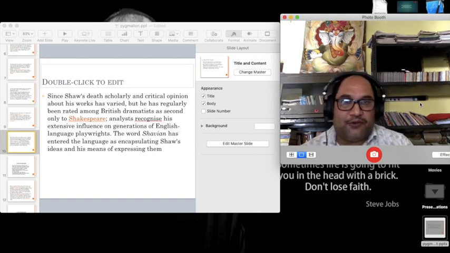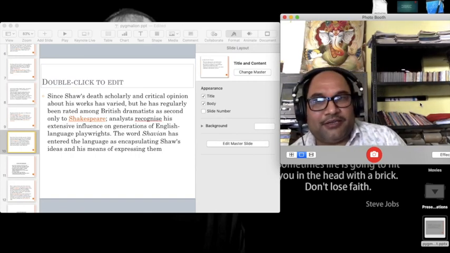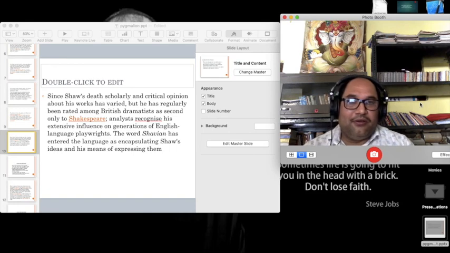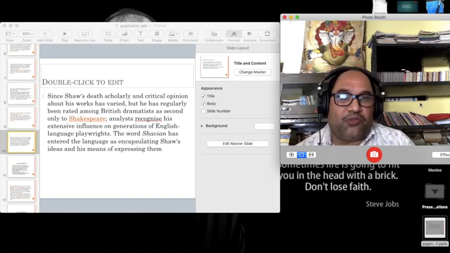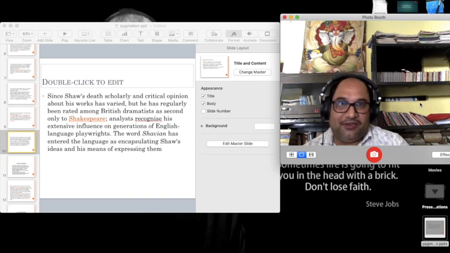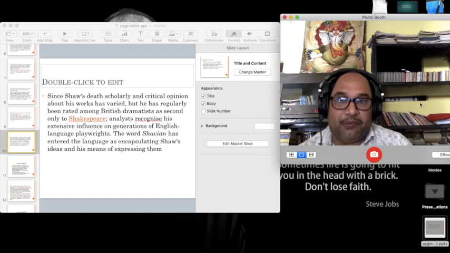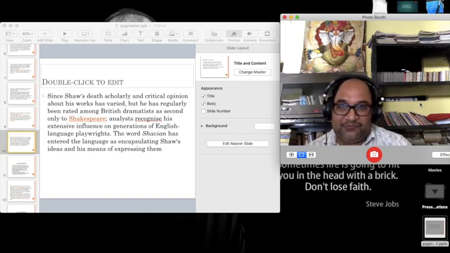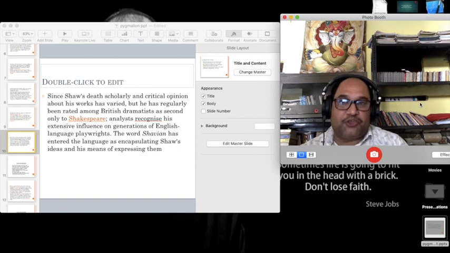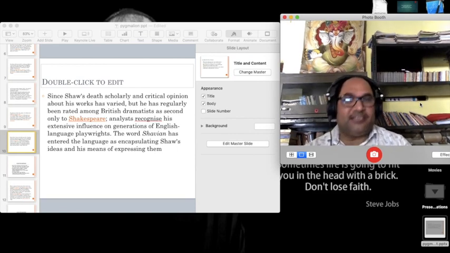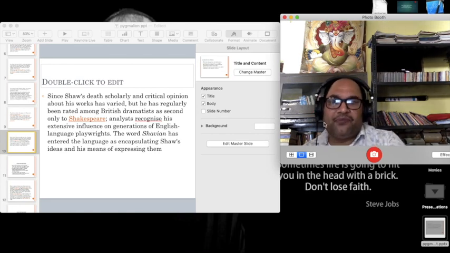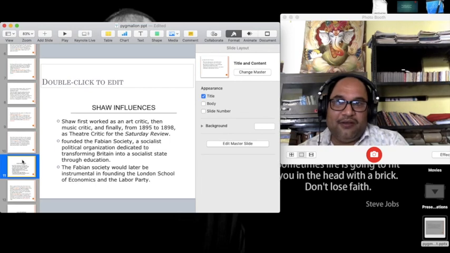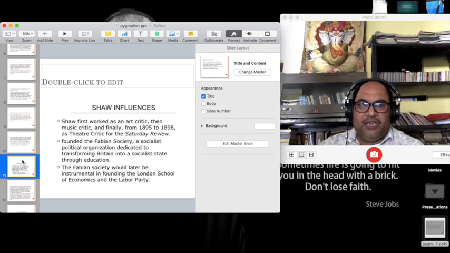Now, he had his extensive influence on the other dramatists. I think you're familiar with the word Shavian. This word is very popular among literary people. Now, when we say Shavian, actually this word entered the language as encapsulating Shaw's ideas and his means of expressing them. Now, when we talk about his influences,